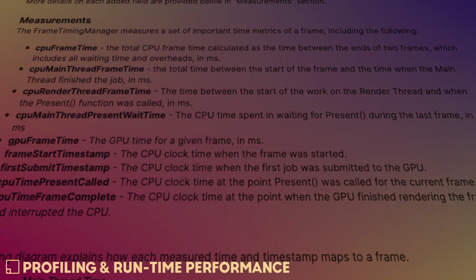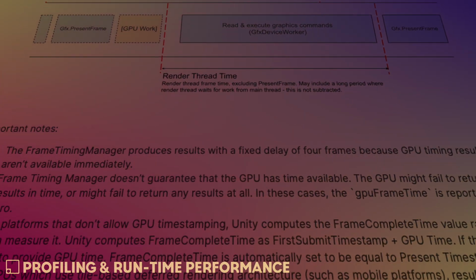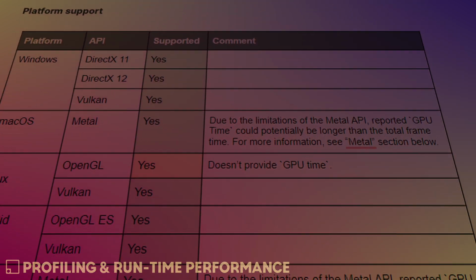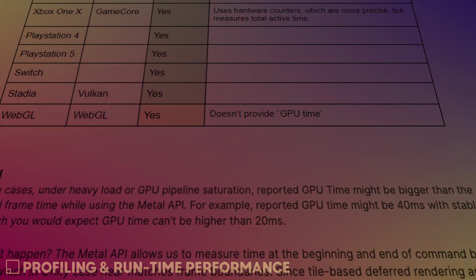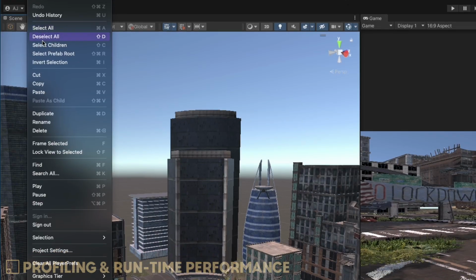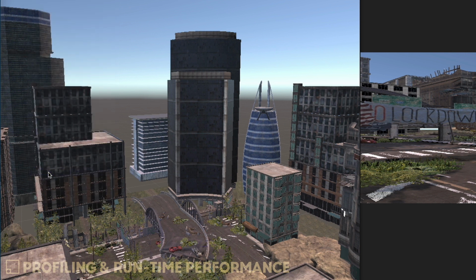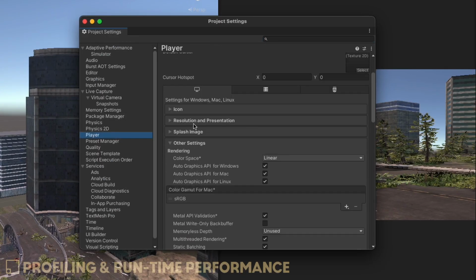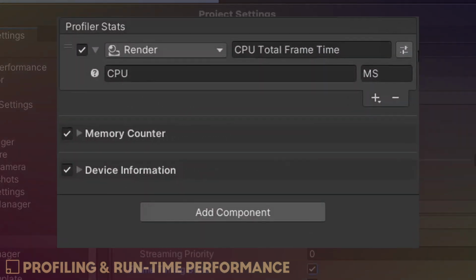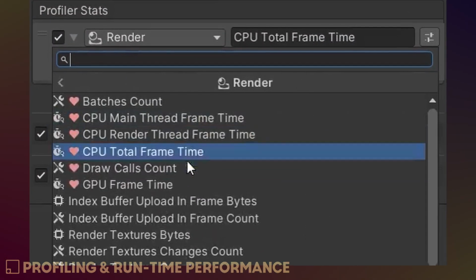Unity 2022.1 also brings some improvements to profiling and runtime performance. The IL2CPP scripting backend now always generates fully shared versions of all generic methods, and the Frame Timing Manager now supports all platforms, works in editor, and provides more information about frame timing. Thanks to this, you can now build performance adaptation, profiling, and reporting tools on every platform.